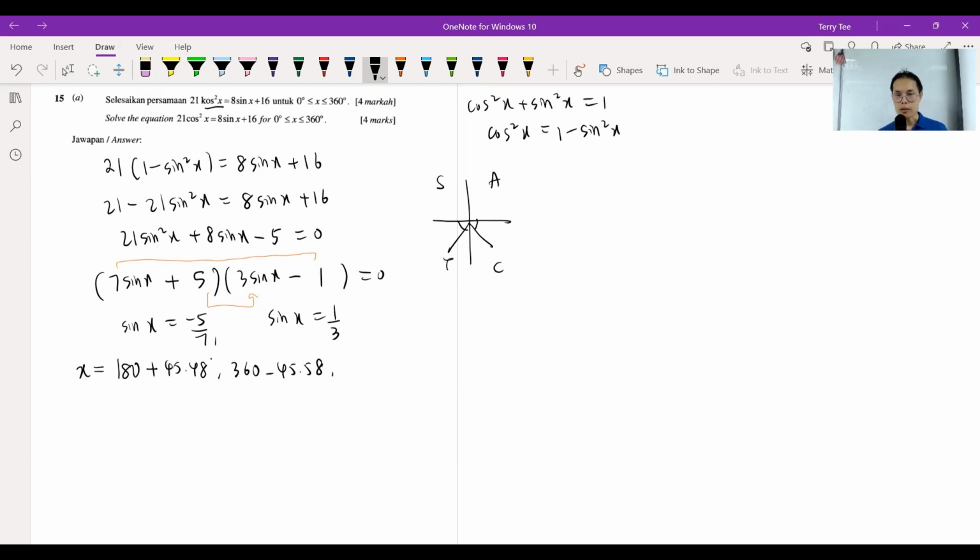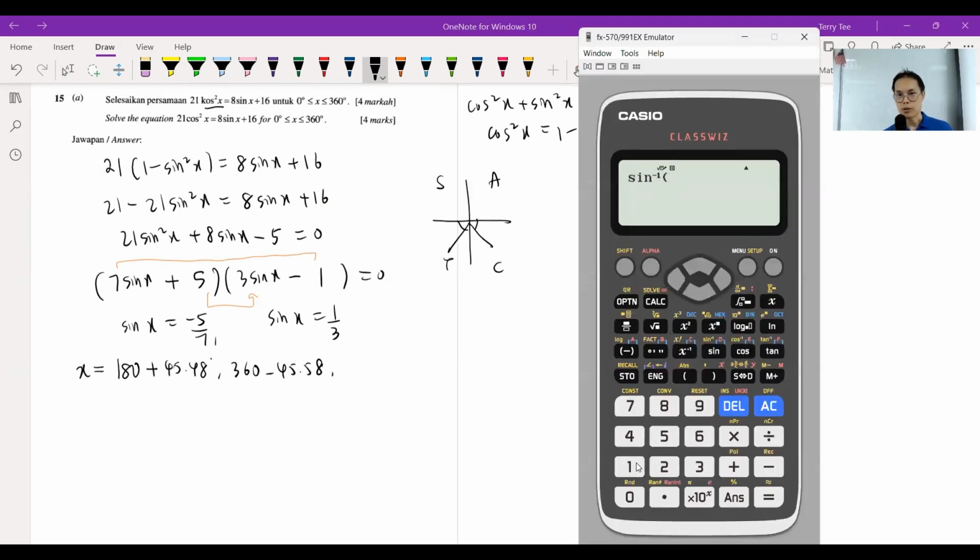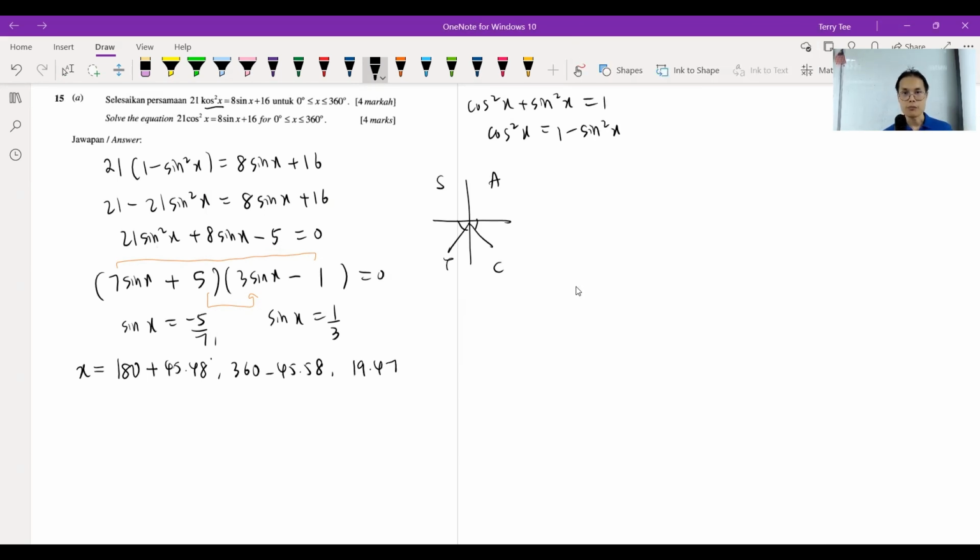Now, for 1 over 3, I will take shift sine 1 over 3. Remember, when you find the reference angle, you drop your negative. This is 19.47. Because this is positive, we take quadrant number 1, quadrant number 2, right? Quadrant 1, quadrant 2 is 180 minus. Okay, so you can arrange it. Maybe I arrange. The first one is 19.47. 180 minus 19.47 is